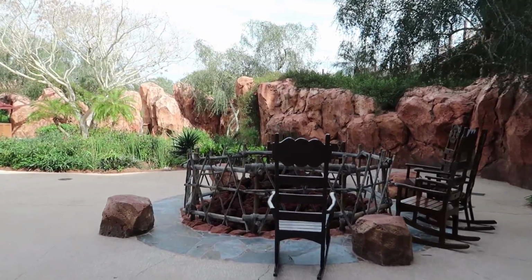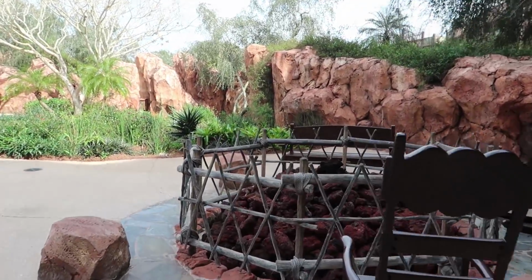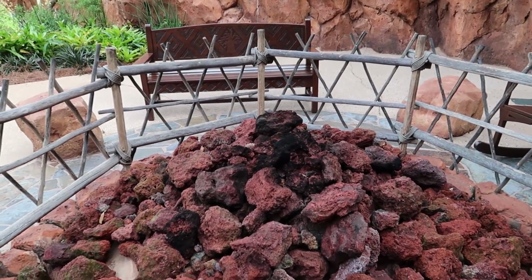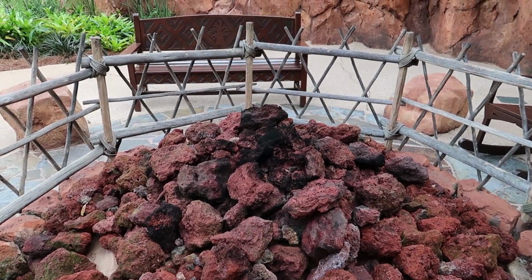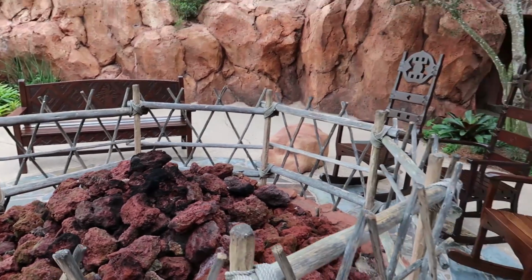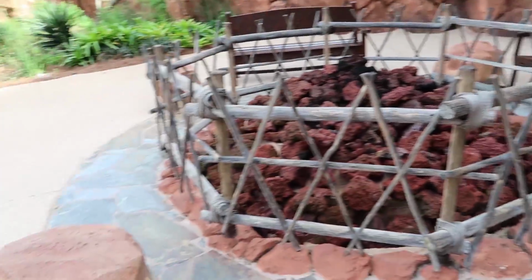So the first thing that we see is the fire pit. And I don't know if this is the fire pit where they would have, actually I know it's not the fire pit where they would have s'mores and stuff like that. There's another fire pit that we're gonna head to later on, but they do light this one at night. And there's lots of rocking chairs to sit around and a few rocks to sit on too